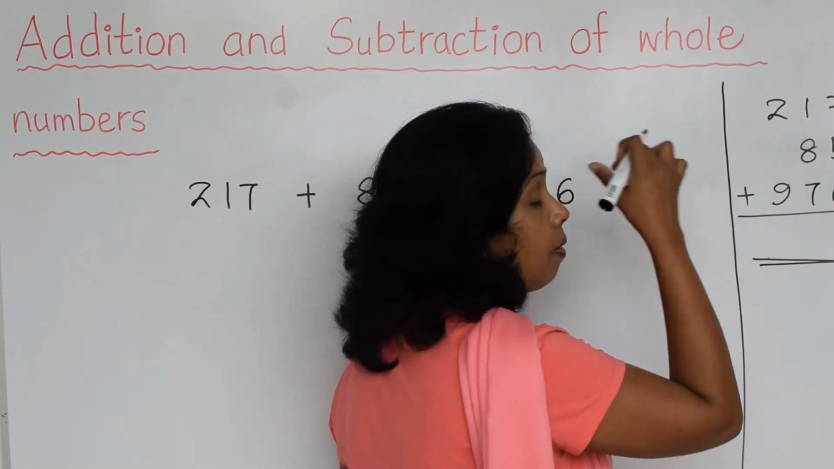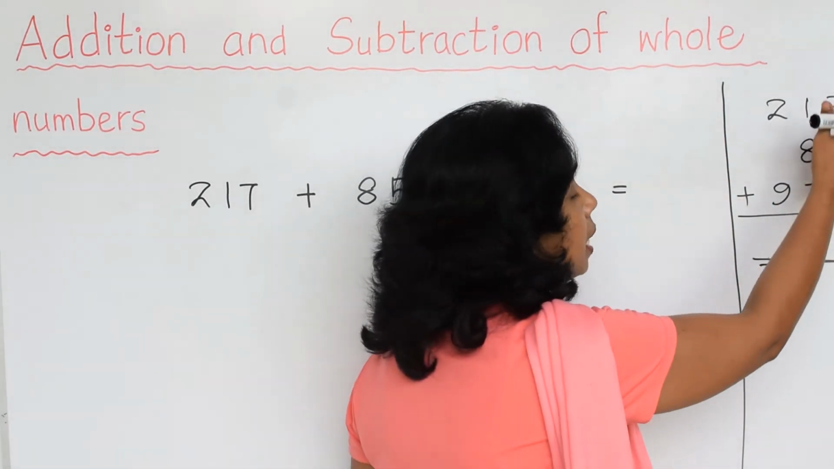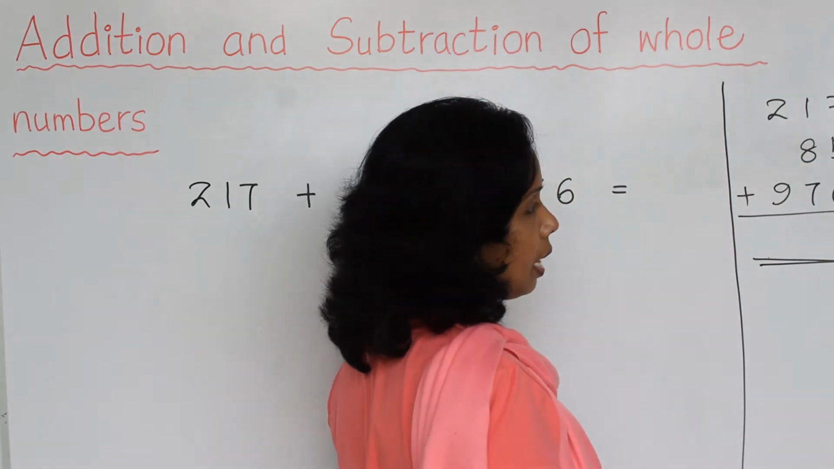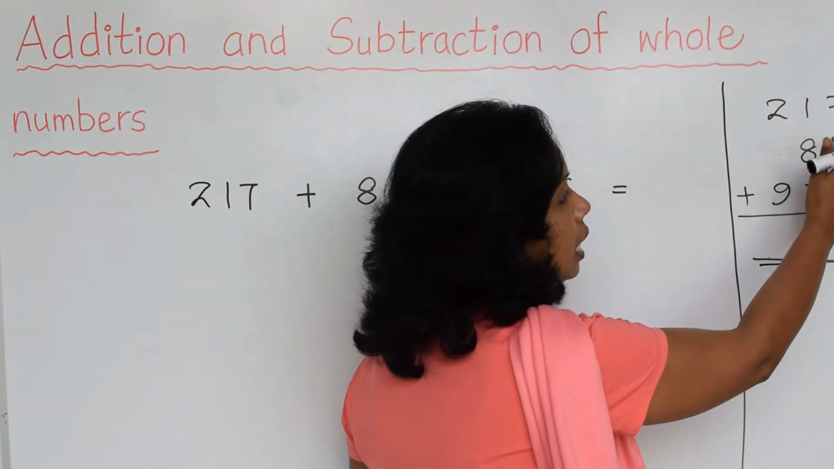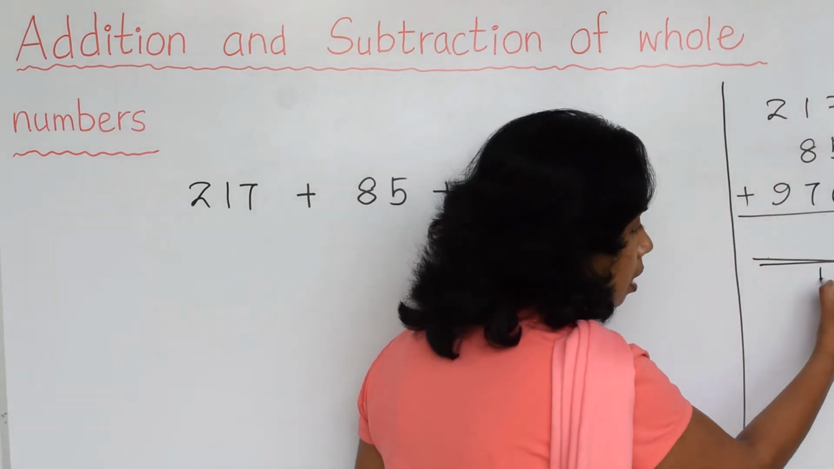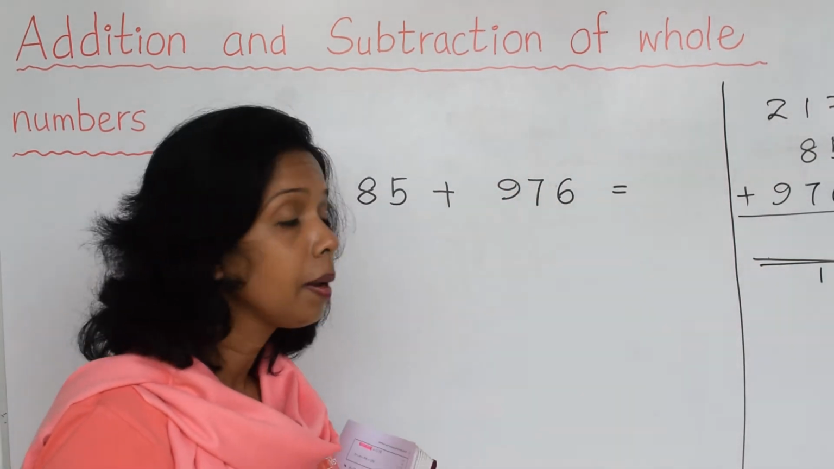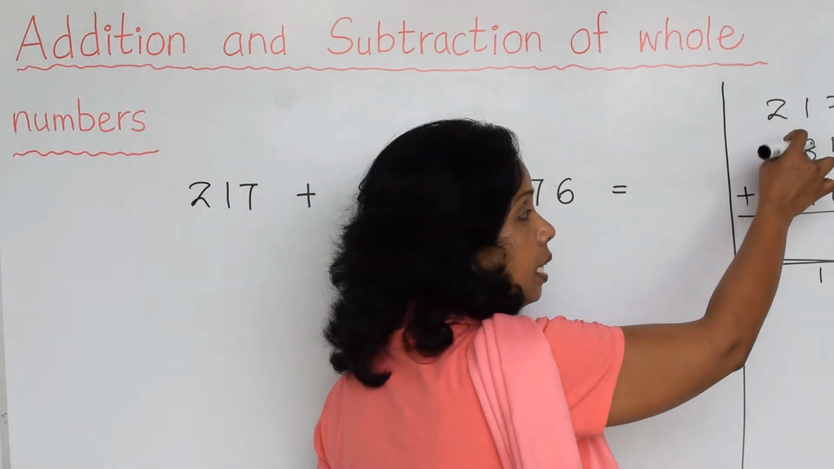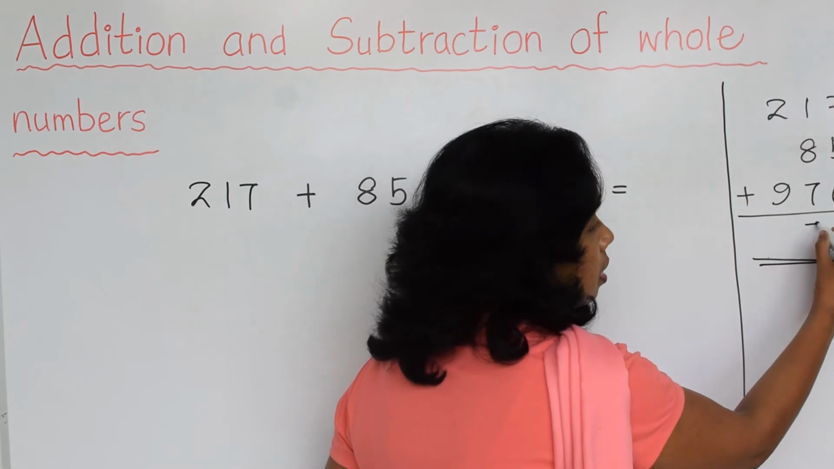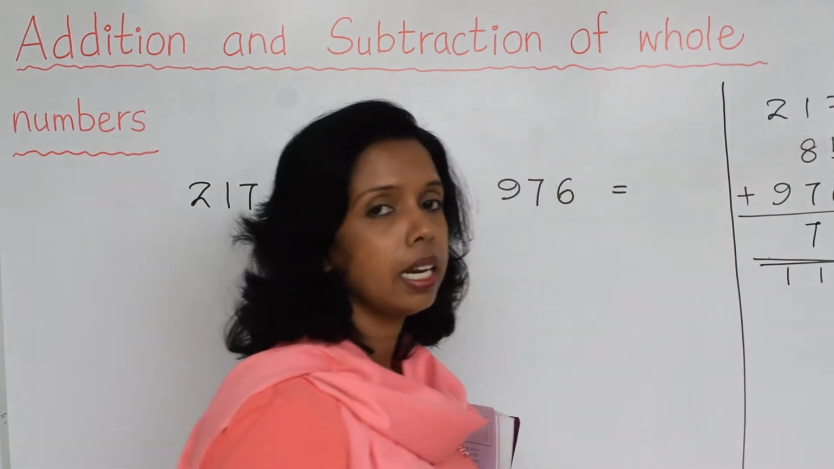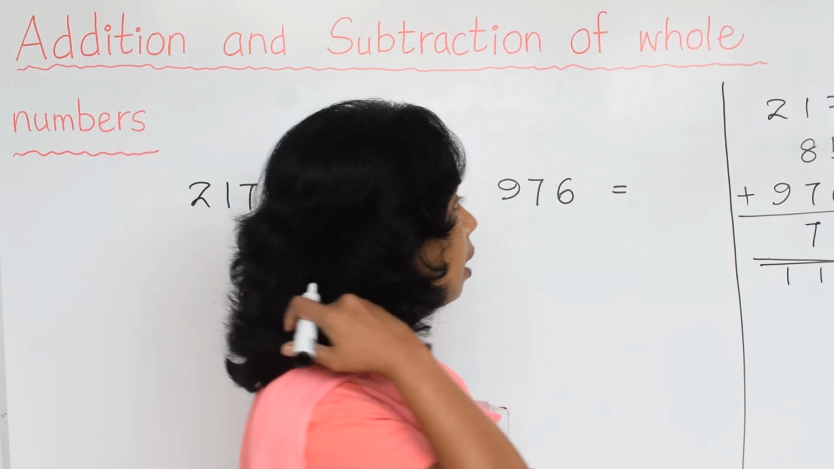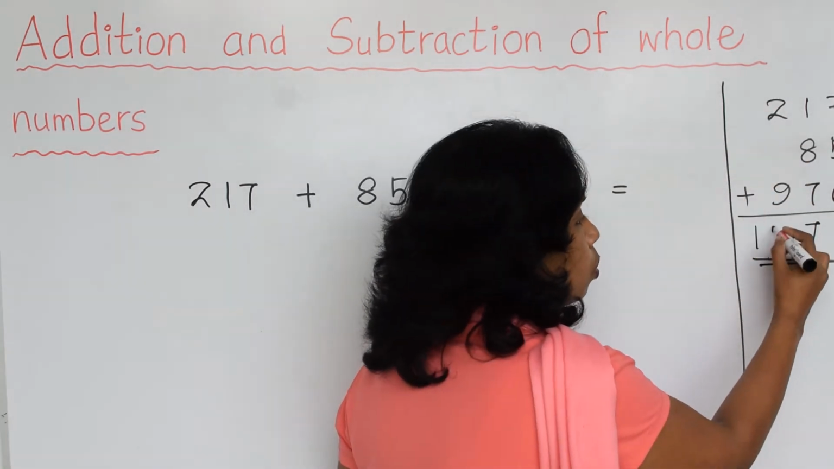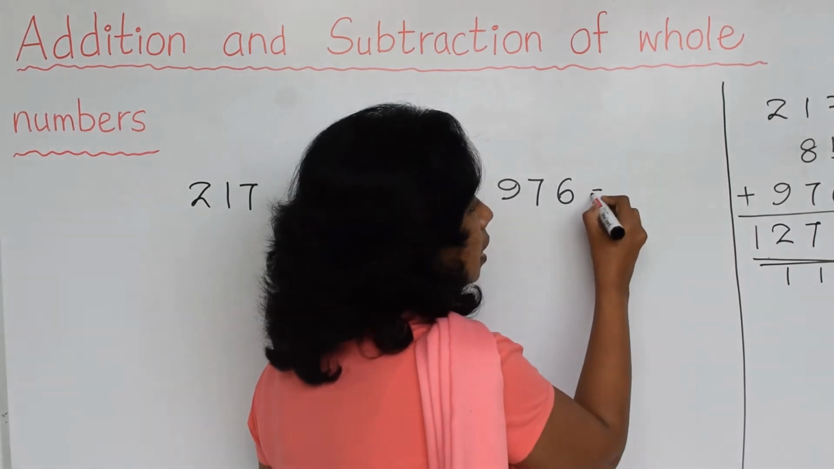6 plus 5, 11. 11 plus 7, it is 18, right? 6 plus 5, 11. 11 plus 7, 18, and here 1. Then 1 plus 7, 8. 8 plus 8, 16. 16 plus 1, 17. Again I write the remaining one. Then 1 plus 9, 10. 10 plus 2, 12. Answer is